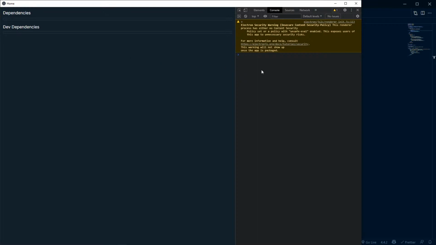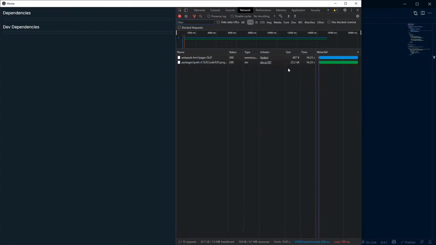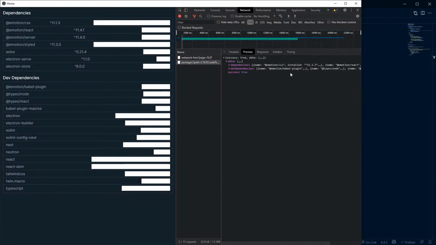We can probably add loading states and everything, because this obviously takes a while, 14 seconds to be exact, to finish up. We'd have to do something about that. First thing we should definitely do is,